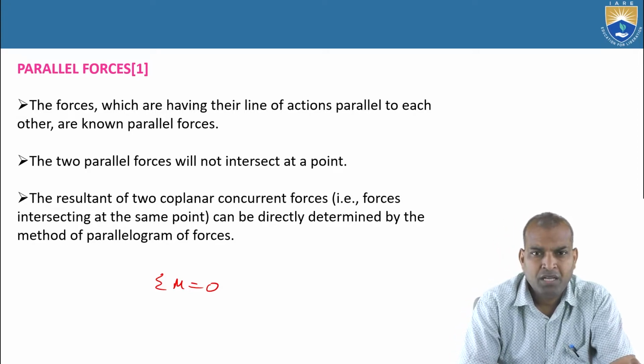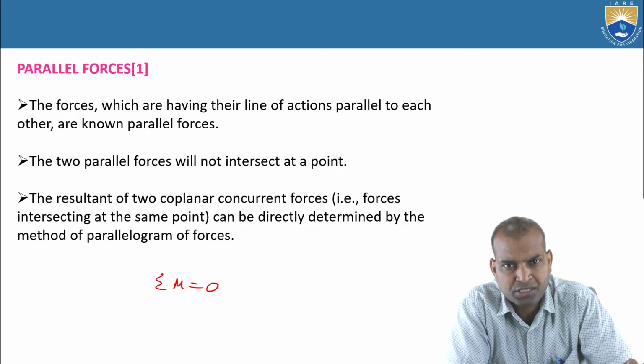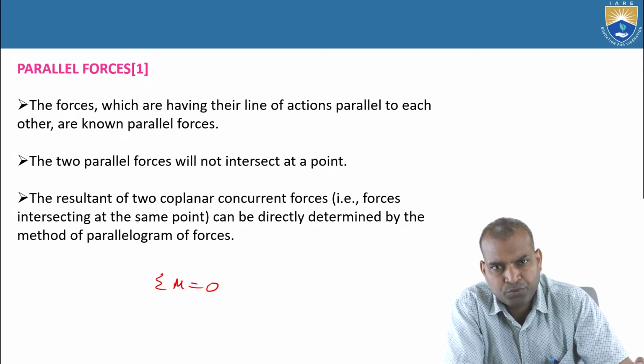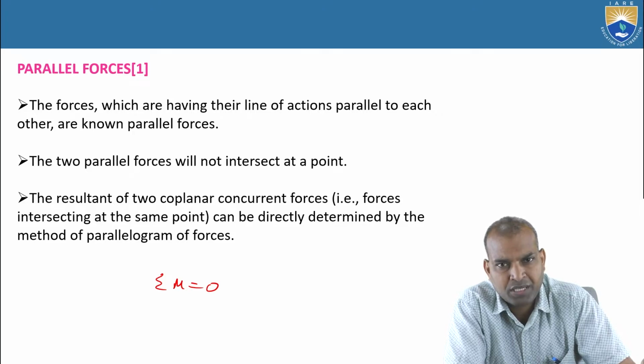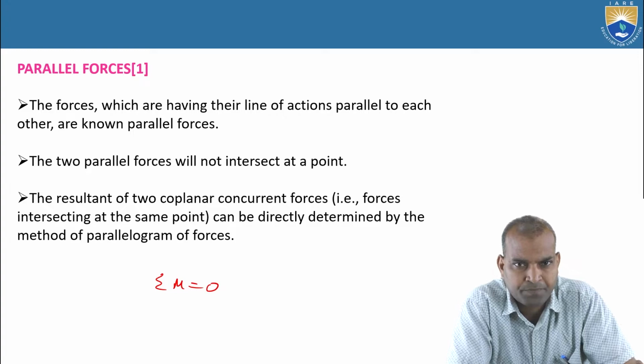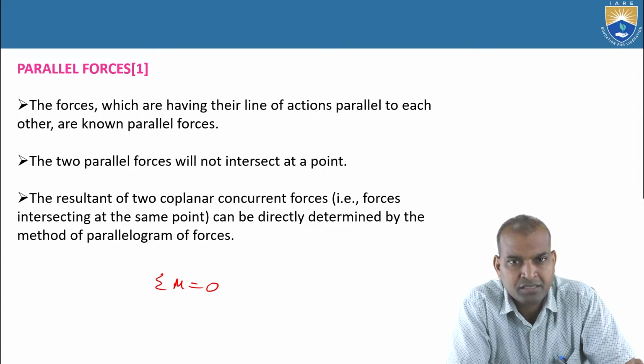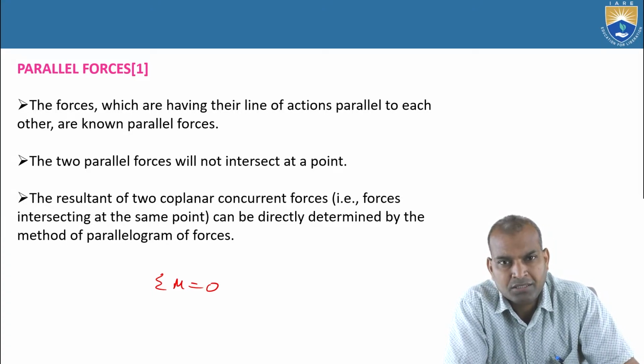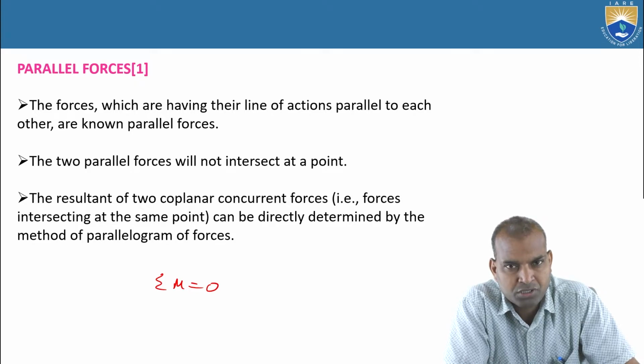Let us begin. There are various types of coplanar force systems. The coplanar force system is one category of a system of forces; number two is the non-coplanar system of forces. In the coplanar system of forces, there are three categories: coplanar collinear system, coplanar concurrent force system, and coplanar parallel forces system. Within coplanar parallel forces, there are two types: coplanar like parallel forces system, and coplanar unlike parallel forces system.